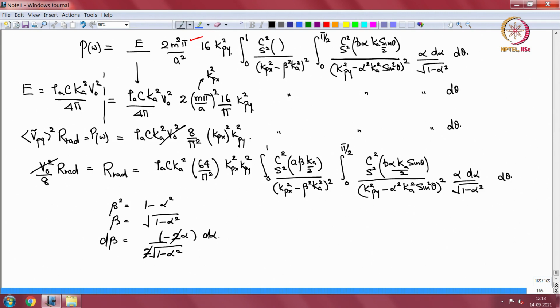So now when alpha is 0, beta is 1. When alpha is 1, beta is 0. So on the limit change on beta, beta now goes from 1 to 0. So if I use the sign change and 1 to 0, I will still get here,